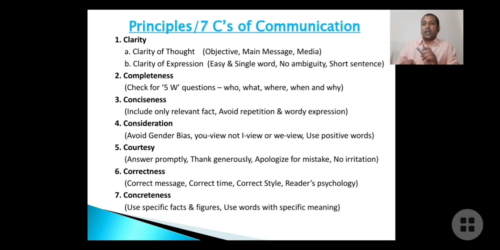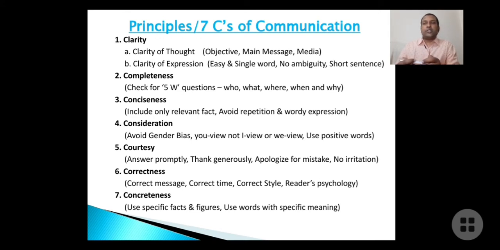communication. And conciseness: include only relevant fact, avoid repetition and wordy expression. Conciseness: সংক্ষিপ্তভাবে যুক্তিসঙ্গত এবং প্রাসঙ্গিক কথাগুলো মেসেজ আকারে দিতে হবে এবং উইদাউট রিপিটেশন, কোনো বারবার পুনর্বার যেন একই কথা না আসে। কনসিডারেশন: অ্যাভয়েড জেন্ডার বায়াস, অর্থাৎ জেন্ডার বায়াস হওয়া যাবে না। দ্যাট ইজ ইফ